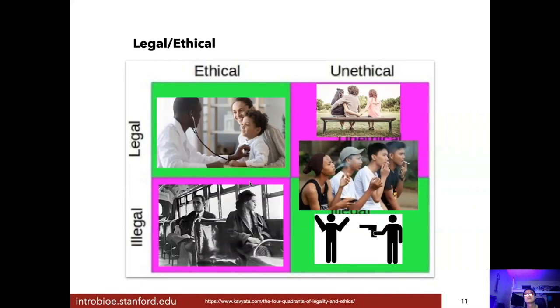And by the way, at first blush, it's like, yeah, come on, I just want to cure cancer. Okay, probably that's legal and ethical, depending on your idea. But since you're brainstorming and going for hundreds of ideas, my guess is some of them might not all be in the top left, right? And that's okay. You just want to understand and think about how things might deploy if it were to get to the real world. All right, legal, ethical, all good.